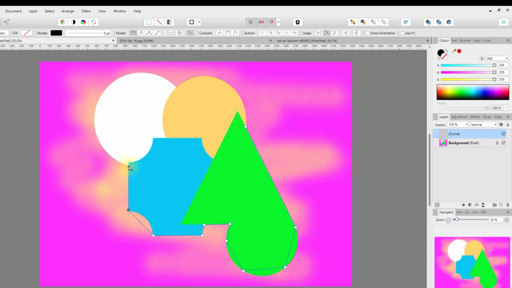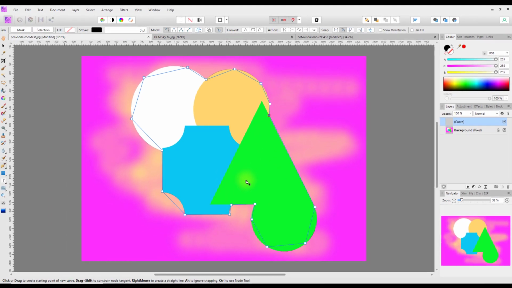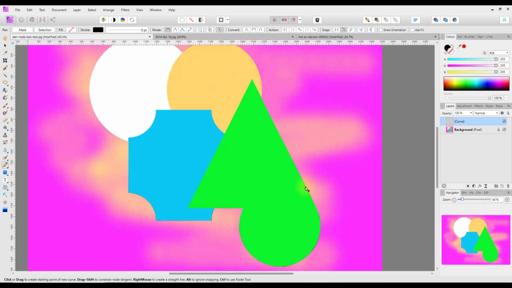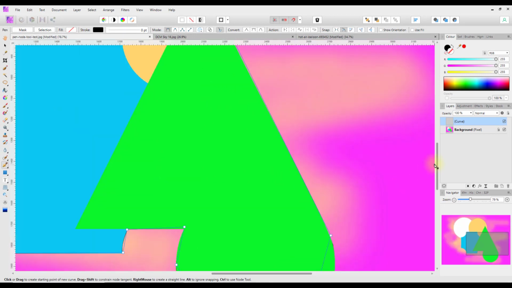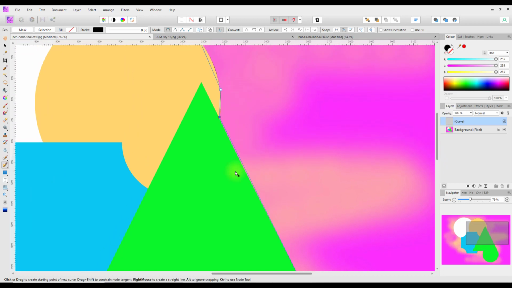But basically you're just going round the outside of the item you want to select, and don't worry too much about these circular areas. Almost there for this part, and back to your start position. Now I'm going to zoom in, and I can use the mouse to do this. So we've now come to the part where we change over to the node tool,